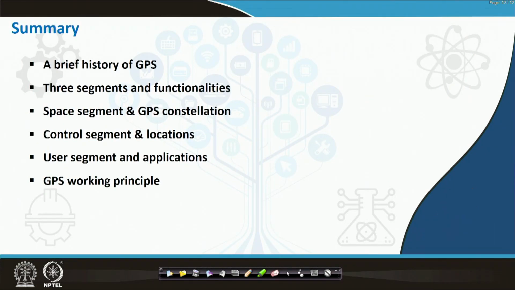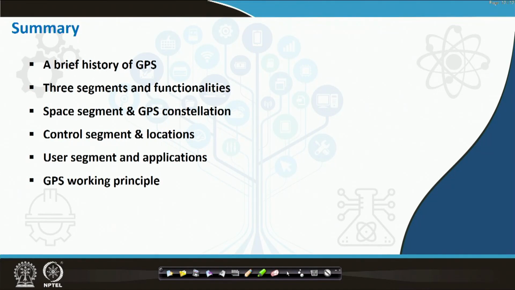So, now we have understood in this particular class what the different segments in a GPS are. We started with the history of GPS, how the GPS started. We have looked at the different segments in a GPS. We did discuss the user segment, the control segment, and the space segment. The space segment is the constellation of satellites and the radio signals that it can send. The control segment is where the signals are received and corrected for any errors, which is sent back. The user segment finally receives the radio signal, and that is where the applications happen.